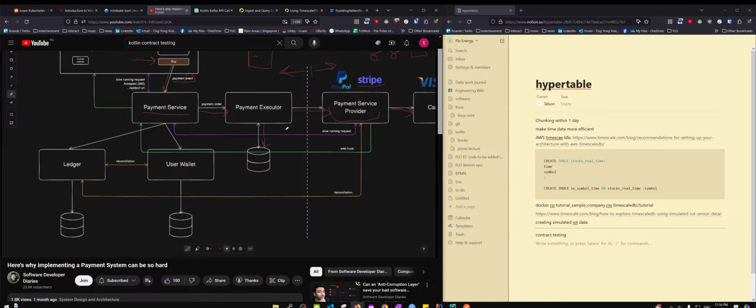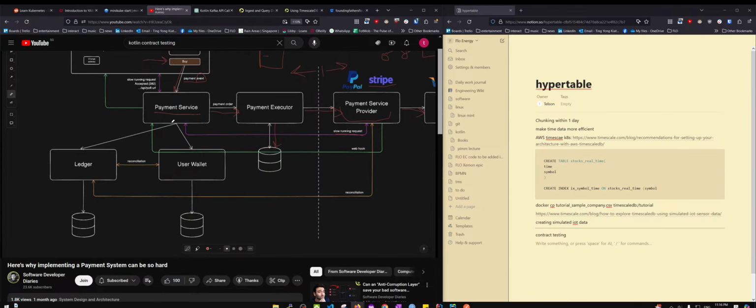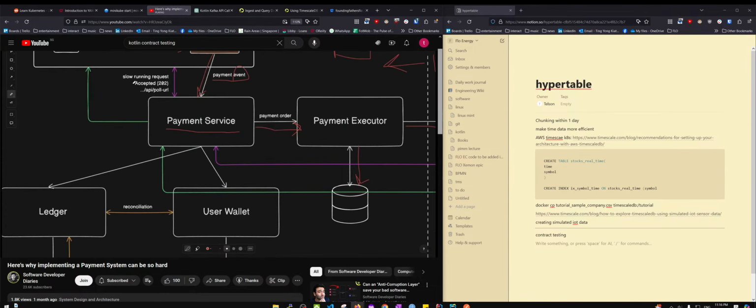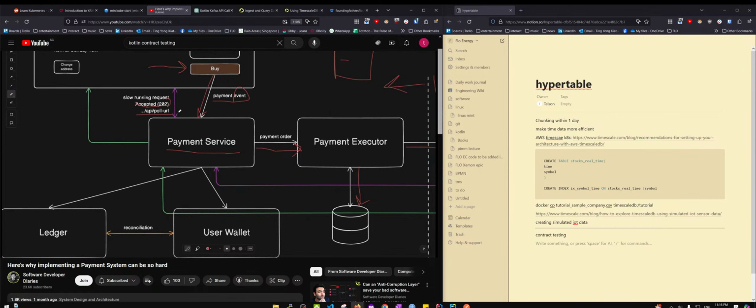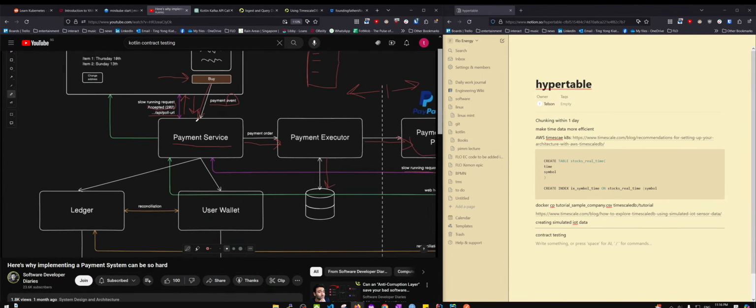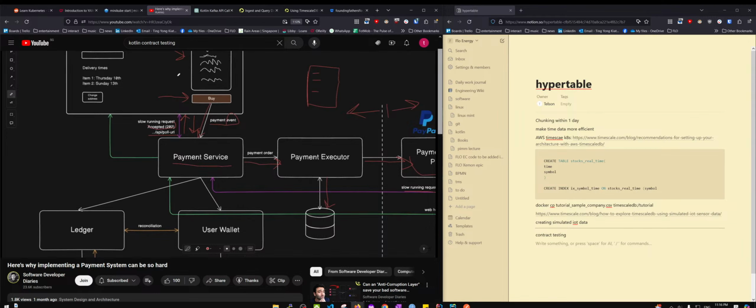How we can do this is, first of all, make sure to use long polling. Long polling is when the payment service provider tells our payment service that your request has been accepted. It's a 202 HTTP response, but it also gives a polling URL, meaning we can tell the browser, your request has been accepted, but please check this URL from time to time to check